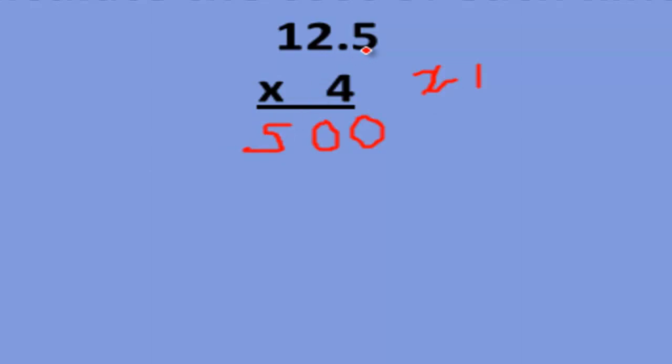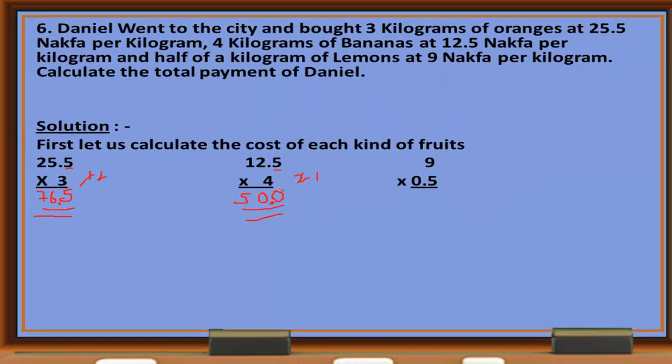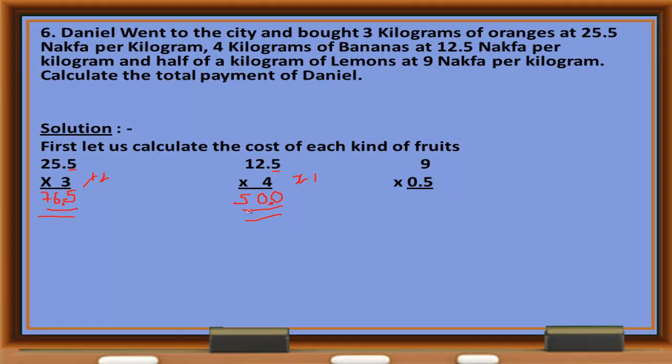After the decimal we do have one digit, therefore we put here the point of the decimal. Therefore he paid for the 4 bananas 50 nafa, and he bought half of a kilogram of lemons at 9 nafa per